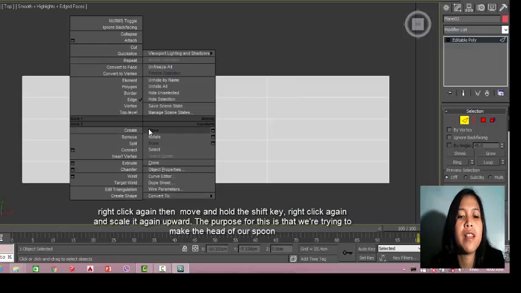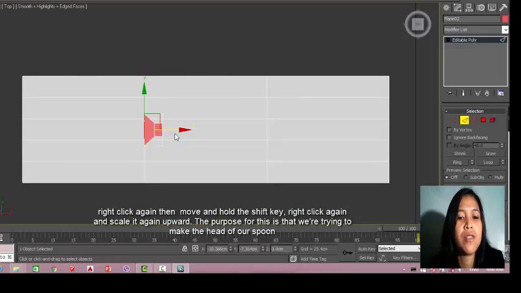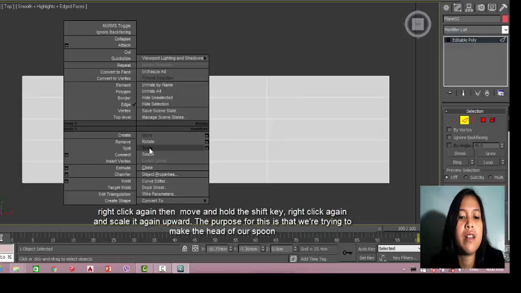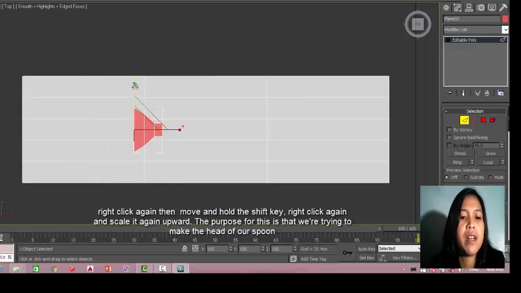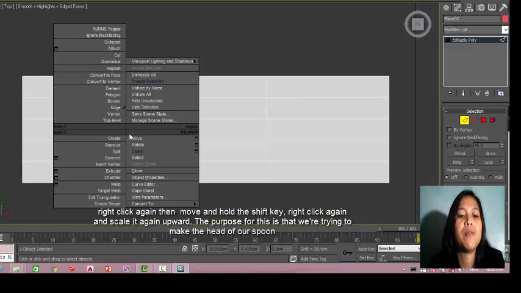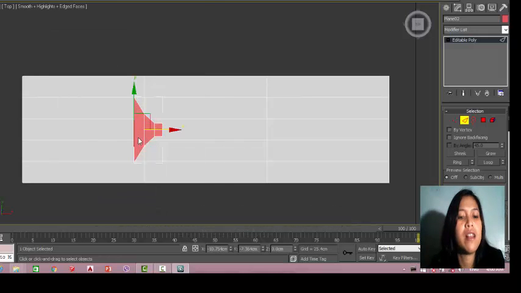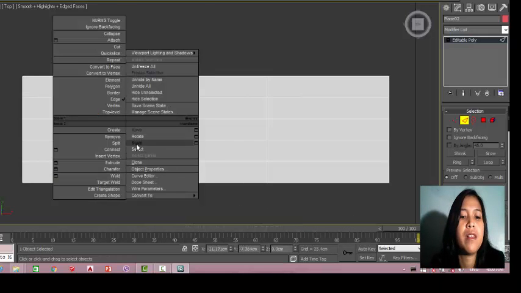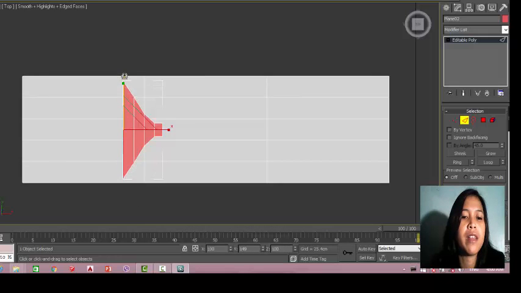Then move again, hold shift, drag it here, and scale it upward. Our purpose is that we're trying to make the head of our spoon. So move again, hold shift, and scale it upward like this.